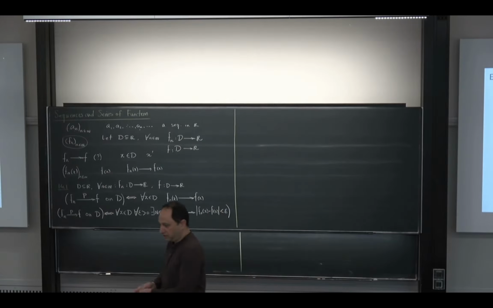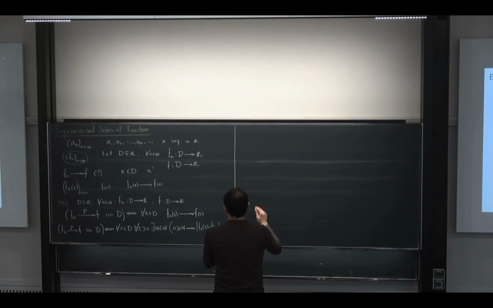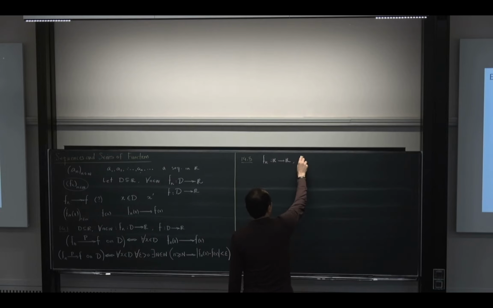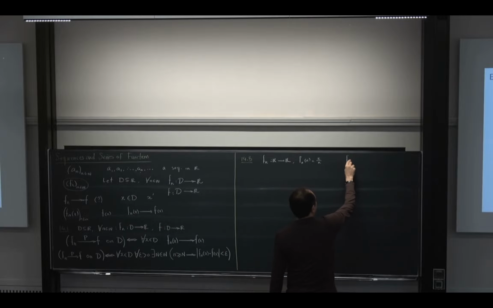Okay, so let us try to do it in a simple way. How do you think about the problem? A sequence f sub n from R to R is given, defined in this way: f sub n of x is x over n. And we want to answer this question: is there any function so that f_n converges to that function pointwise on R? You want to answer that question, okay?